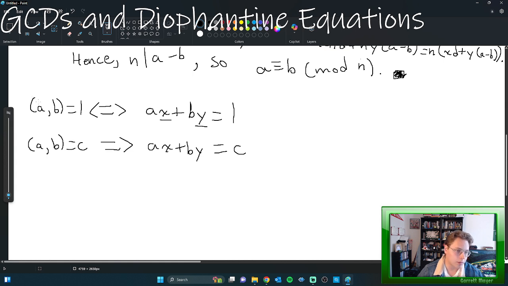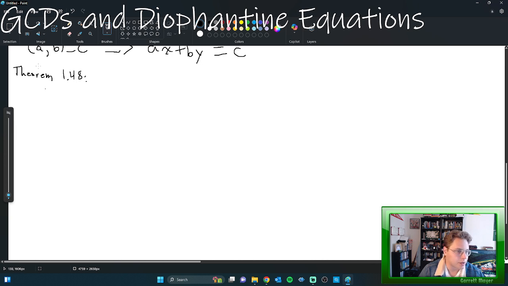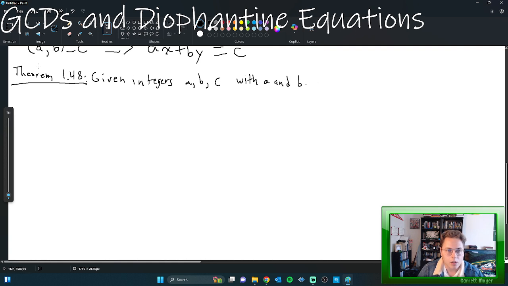So let's go ahead and prove that. We're going to look into it right here. I should have room, hopefully. Theorem 1.48. This theorem basically states that given integers A, B, C with A and B not both 0,